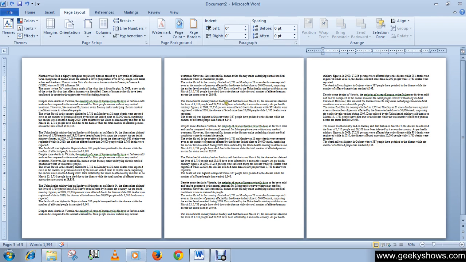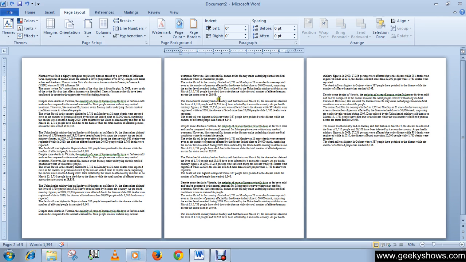I want to make my page number 2 a landscape page. Is it possible to convert a particular page from portrait to landscape?